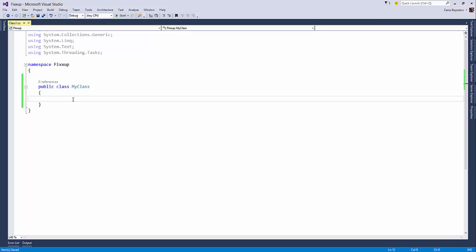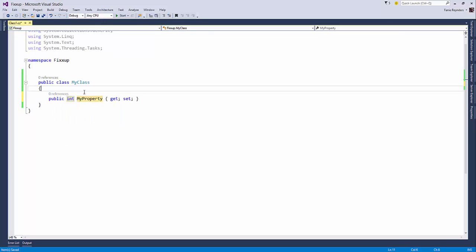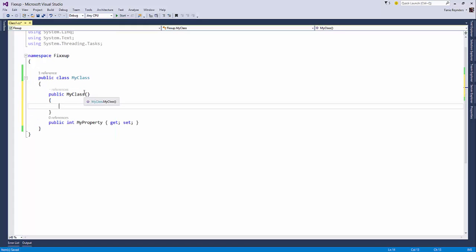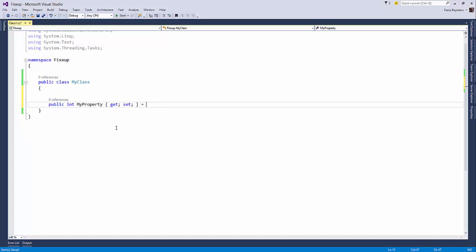So first of all, we have auto property enhancements, meaning if we have a class called myClass and we have a property myProperty, normally we have a constructor, and then we normally say myProperty equals a value. But now with the auto initializers for this property, we can get rid of that and initialize it in here, which is quite cool.